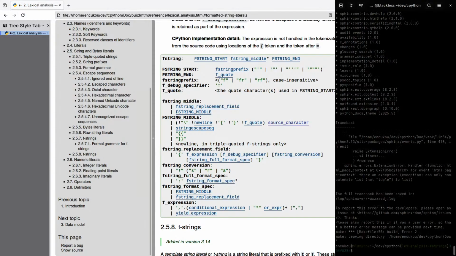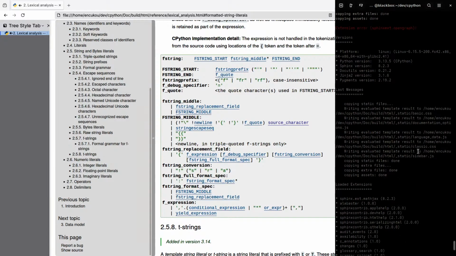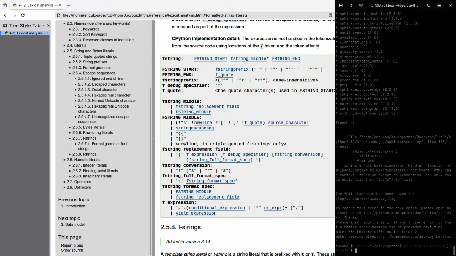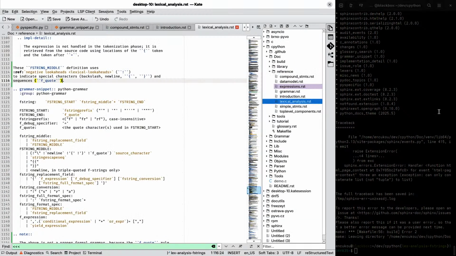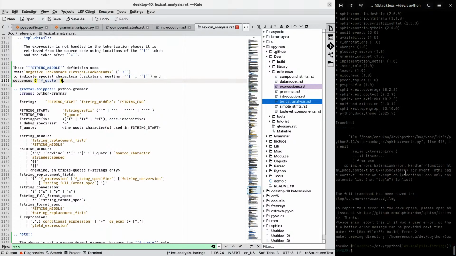How did that work? Oh, it didn't work. Something's wrong. Can only concatenate list, not tuple, to list. Huh. I guess the solution for that is